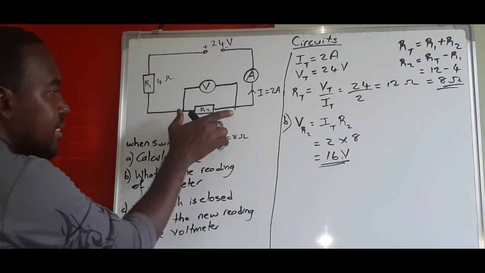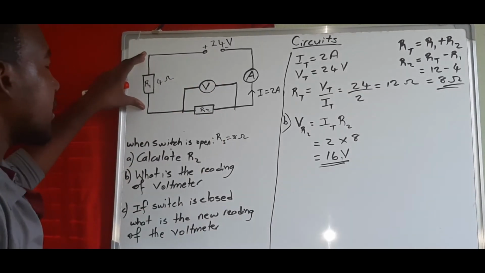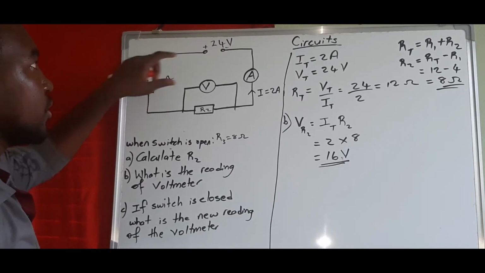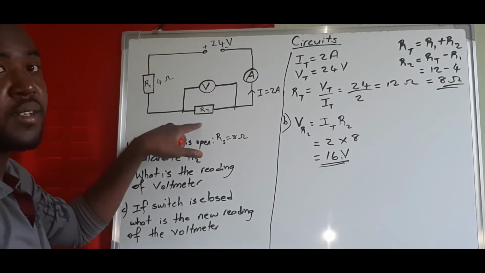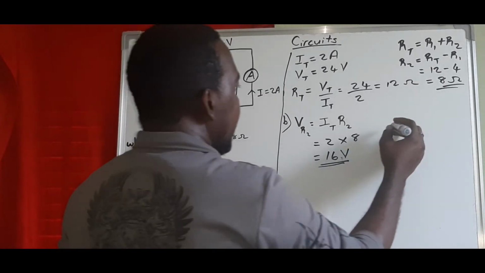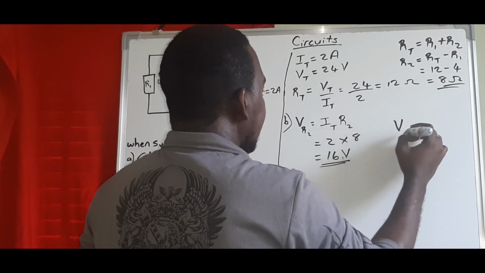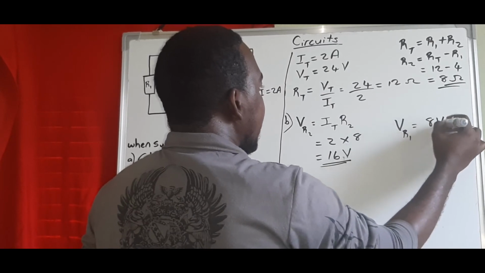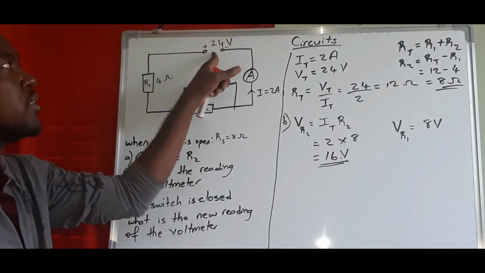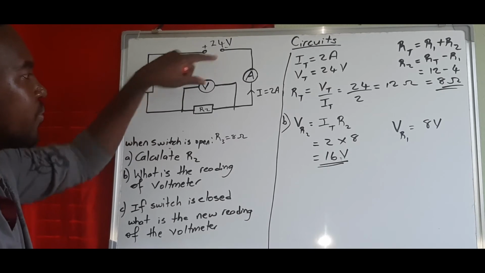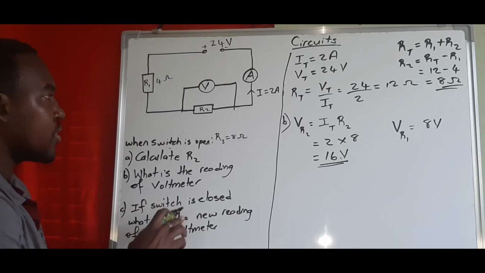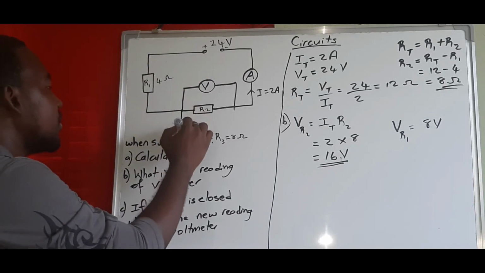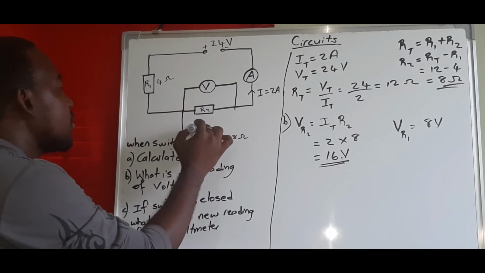So if this is 16 volts, then the voltage in R1 would be 24 minus 16, which is 8, right? So if another question had asked what is the voltage in R1, then that would be 8 volts, because when you add, you get back the supply, right? So now the switch is closed. So now we need to introduce back this part, close that switch,